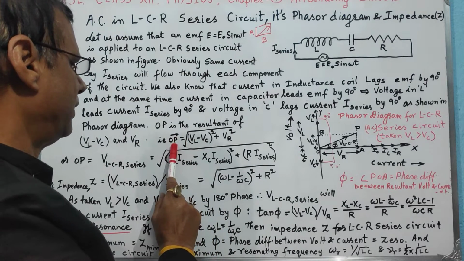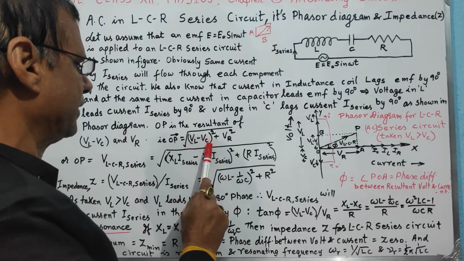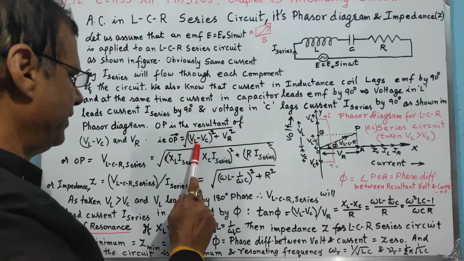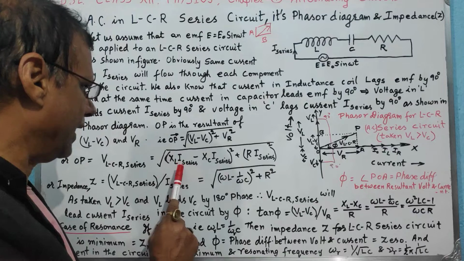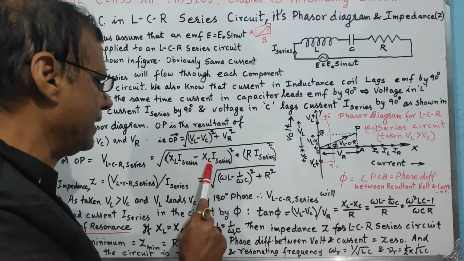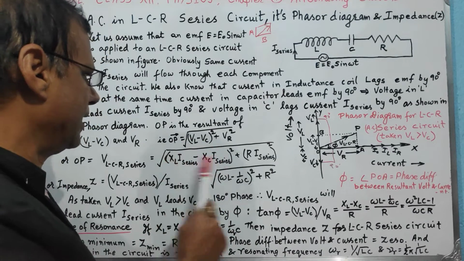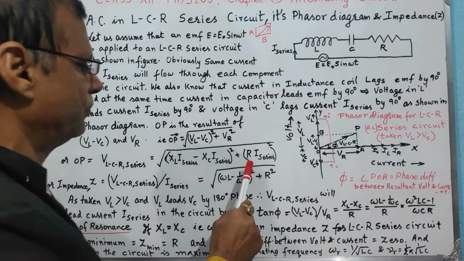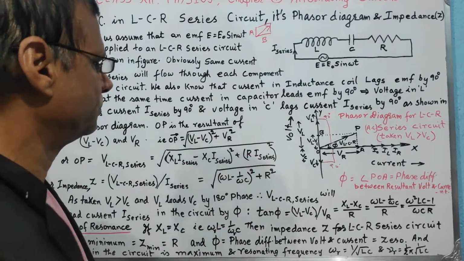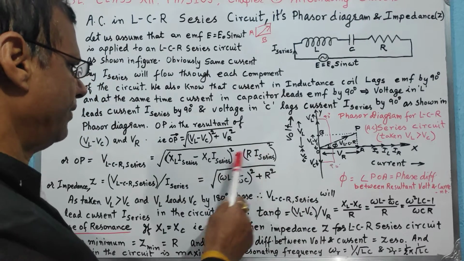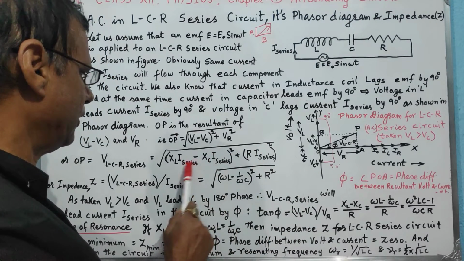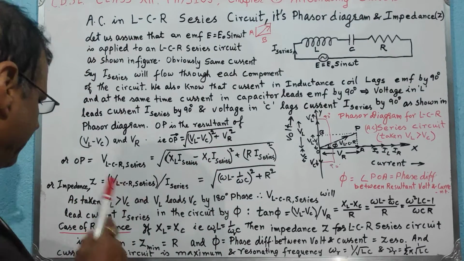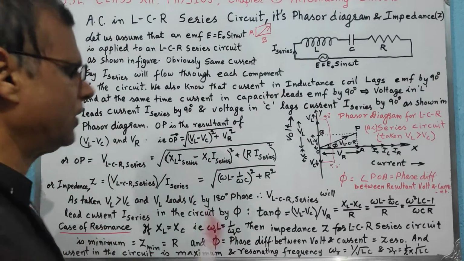So the resultant voltage will be the square root of (VL minus VC) whole square plus VR square. For VL we can write XL into I, and for VC we can write XC into I, so we have this expression, plus for VR we can write R into I series. Therefore, if we take I series common of these things and take it on the left hand side, we get the impedance, which is equal to